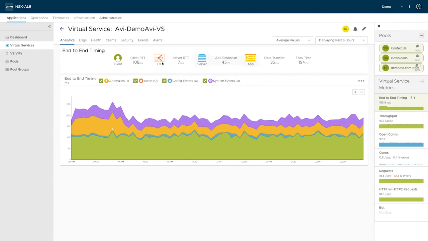I can see that from the load balancer to the server, which is internal, is very quick, just 7 milliseconds. The application itself takes about 45 milliseconds to respond, and the data transfer only takes about 35 milliseconds. So overall, a rather healthy service. But let's say, for example, I see a spike, or I have an end user complaining to me of a performance issue, maybe at about 9:30, close to 10 a.m. Then I can immediately deduce from here that at about 10 a.m., most of the latency he's facing is coming from the